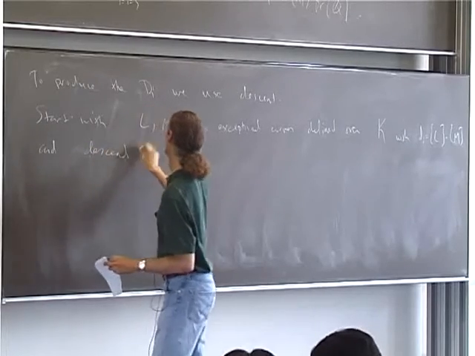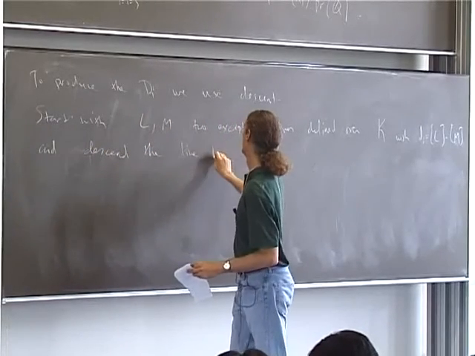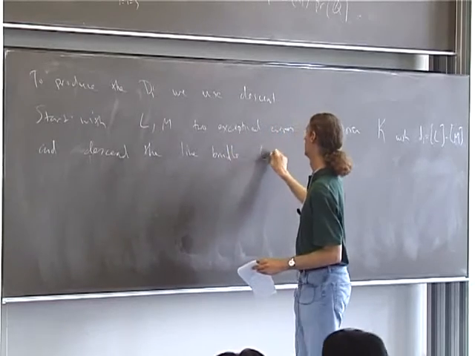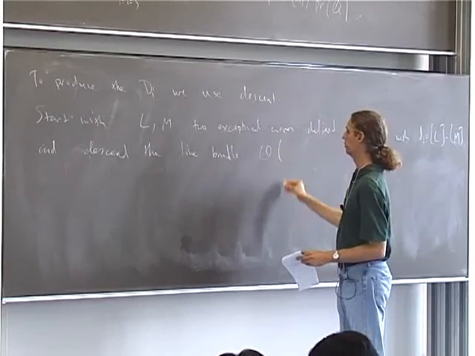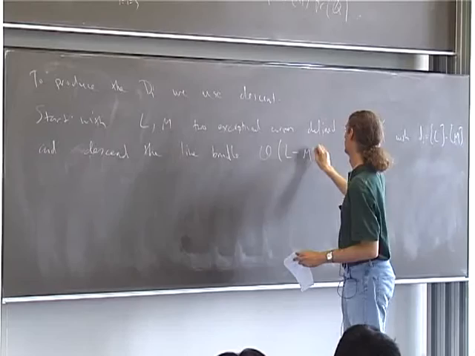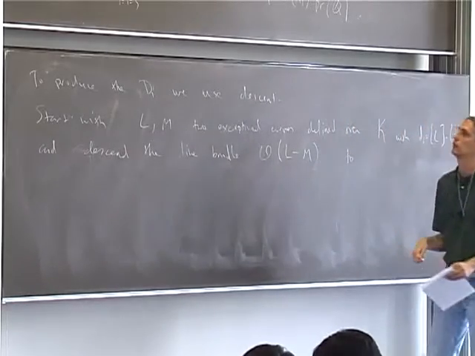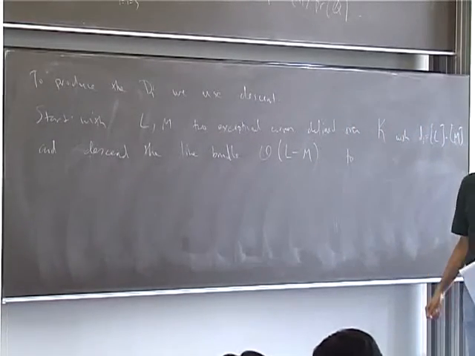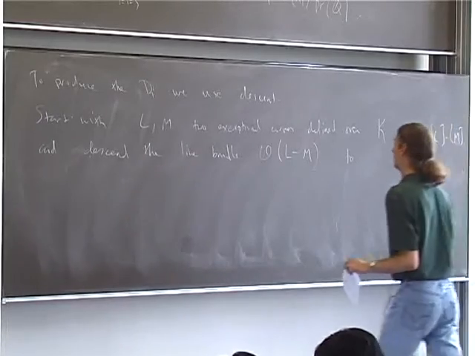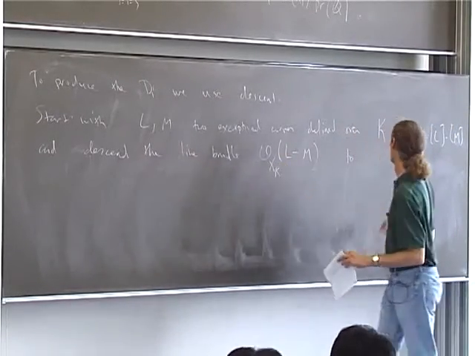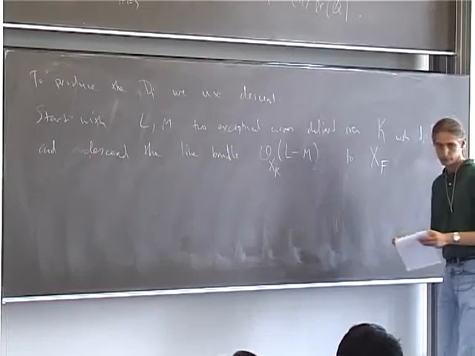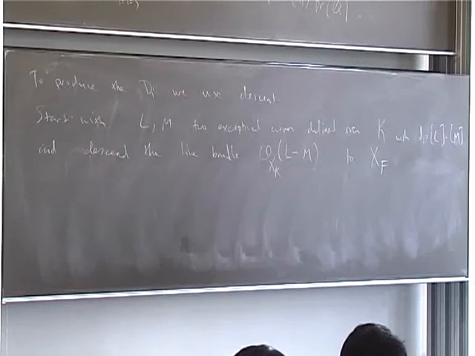Send line bundle O to F. So this is O F. And then once you have the line bundle of the correct class in the Picard group, then you take